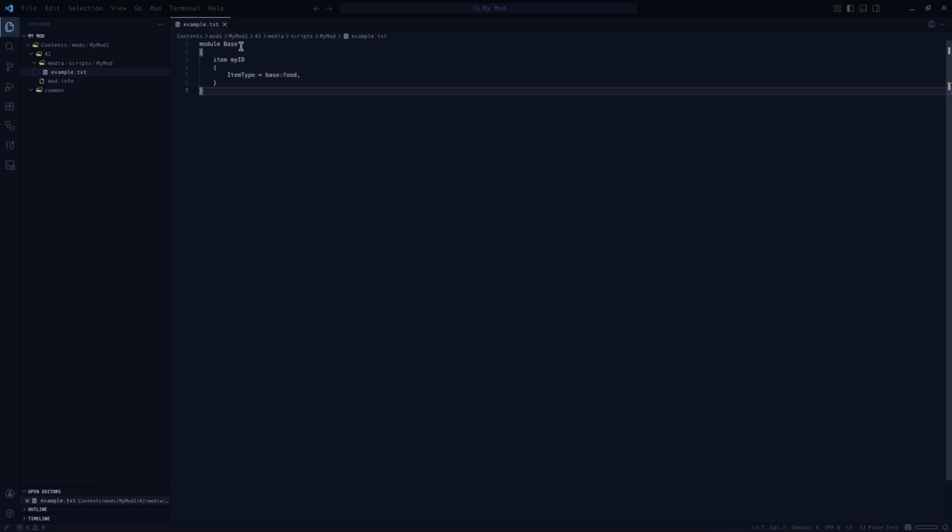So in this case, we saw the module base. This is the module the game uses to define its items. But in your case, it's best that you use a custom ID. So for example, you can name it after your mod. The reason for that is, say we have our item, my ID, in the base module, and another mod names its items the same. So say for example an AK-47 in your mod, its full type, basically its full ID,